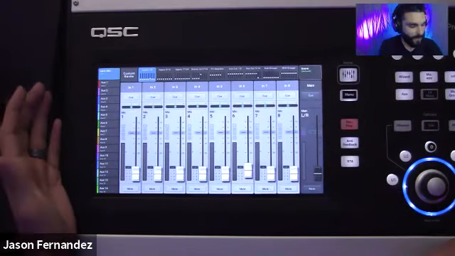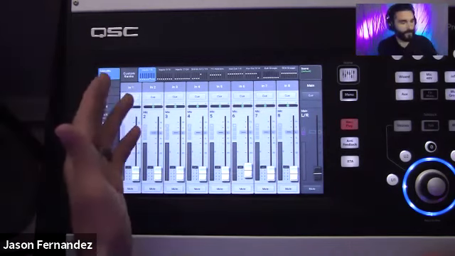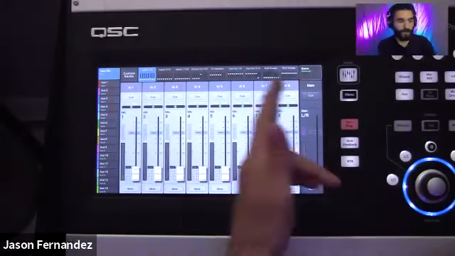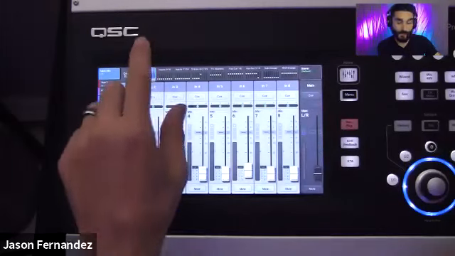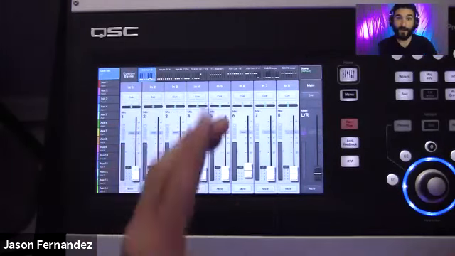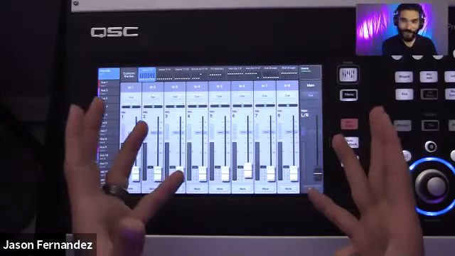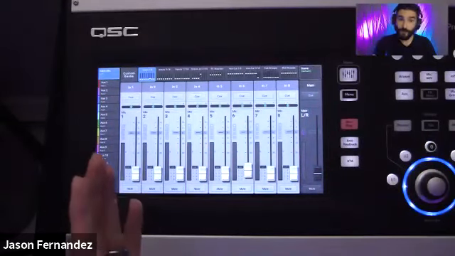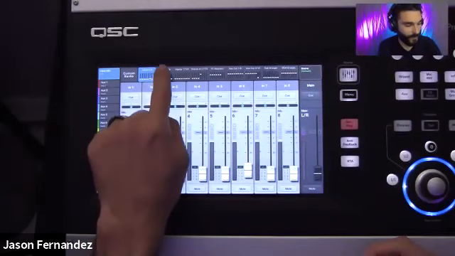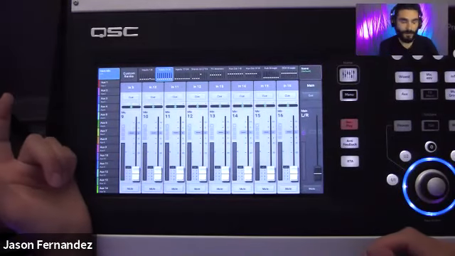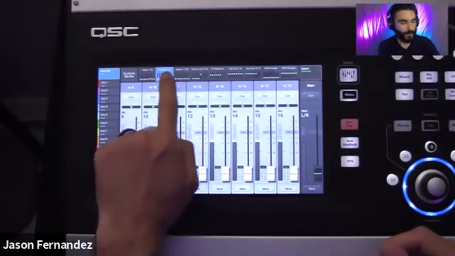Getting back into my main mix here, the top of the screen is our navigation strip. This is on my main mix. It's showing us our different fader banks. So we have 8 faders at a time on the TouchMix 30 here. We do have 24 inputs plus our stereo inputs, and so they're arranged in banks of 8 channels each. And I can navigate between them with these buttons up here.